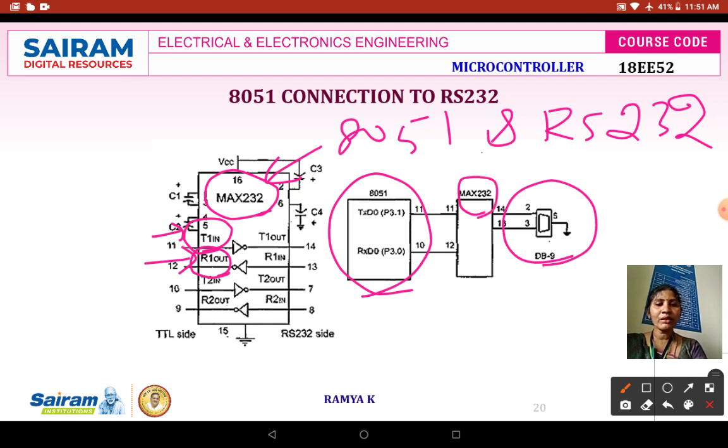You can find the terminals here, the 11th pin and the 12th pin. The 11th pin stands for T1 in and the 12th pin stands for R1 out. It means that one is an input for transmitting your data, and the other is an output for receiving your data. To make it compatible, you have to connect T1 out and R1 in to the pin of